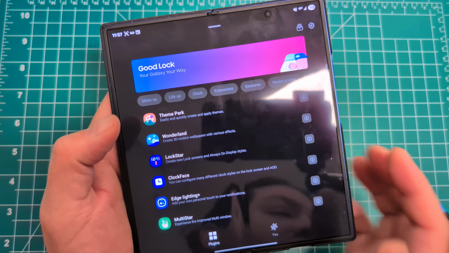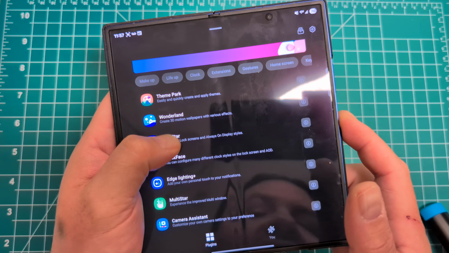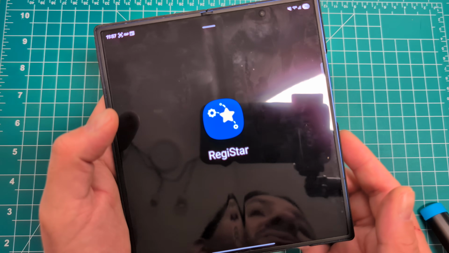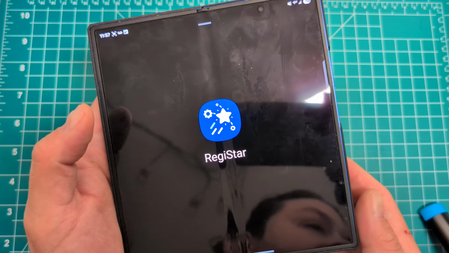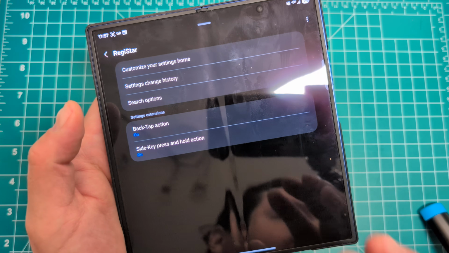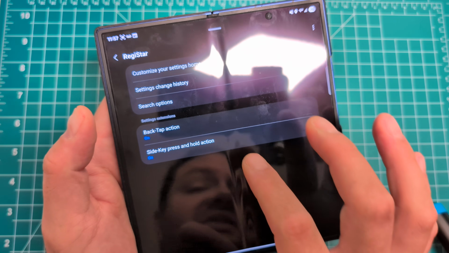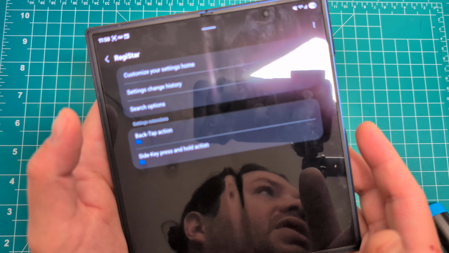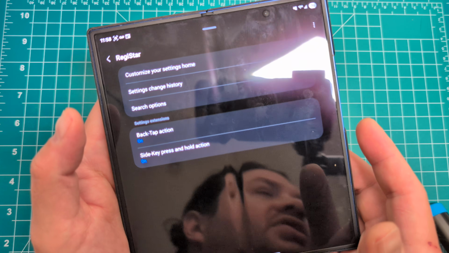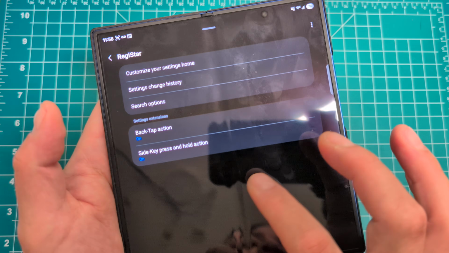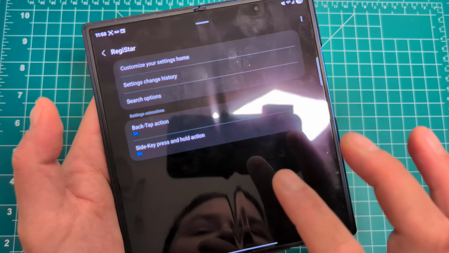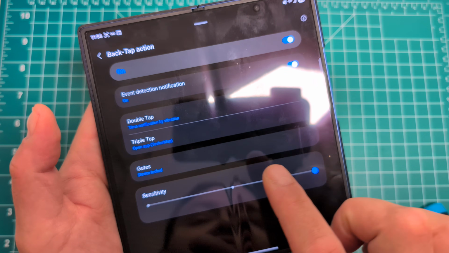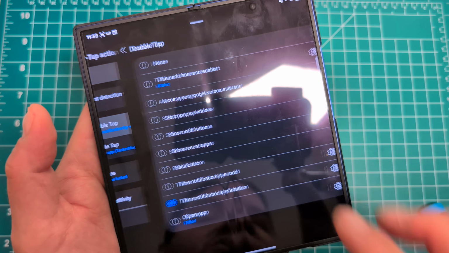In order to change what the button on the side does, you're going to want to use RegiStar. This is also the way to change the double and triple tap options. I thought at first it was something that you could only do in Pixel, but Samsung has allowed this GoodLock to be available in more regions, giving people more access to phone customization. So if you want to change that BackTap action, you just click BackTap action, and you can change your double